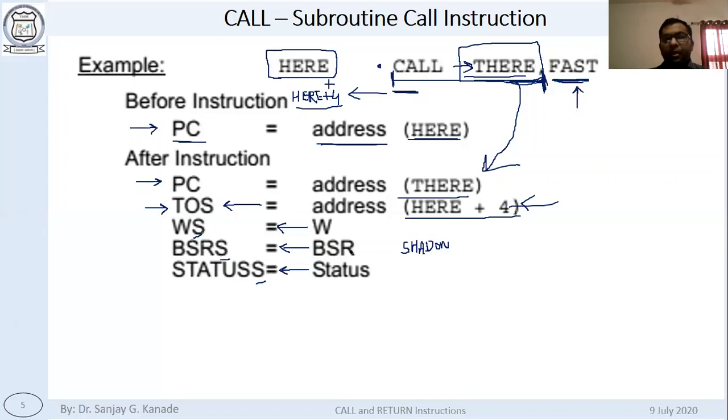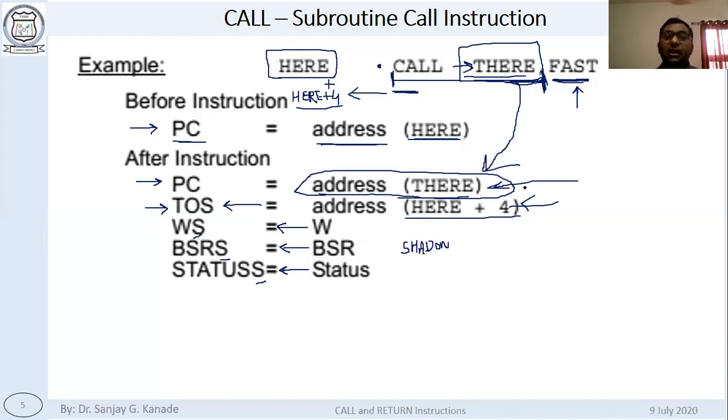And the call instruction execution ends. So which instruction will be executed next? The instruction written at this particular location, because now PC contains the address of there.